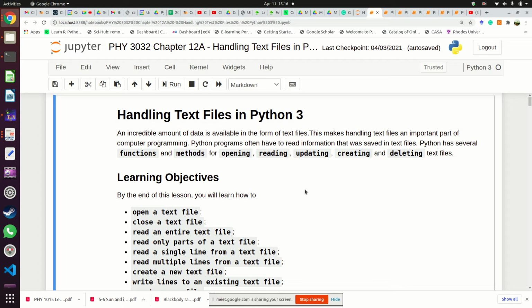Yes. Sometimes you create files when you're typing a Word document, but a Word document is not a text file. Yes, you type some text there, but it's not a text file. It's something which is more advanced. What we are looking at here is something which is just plain text. Okay, so our objectives by the end of this lecture,